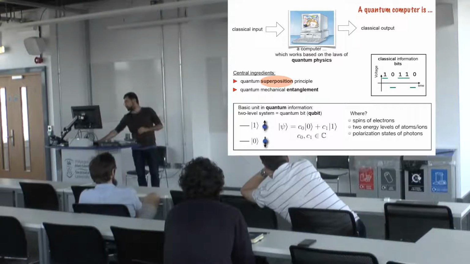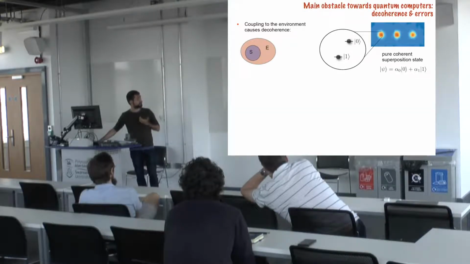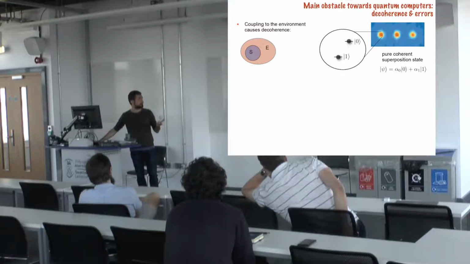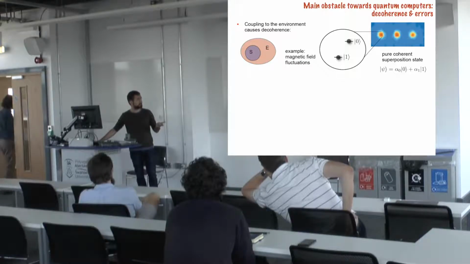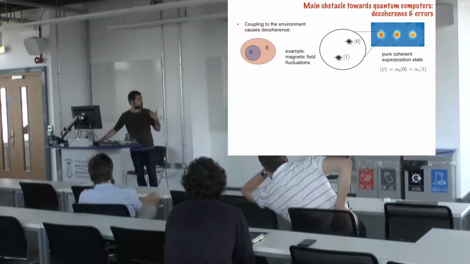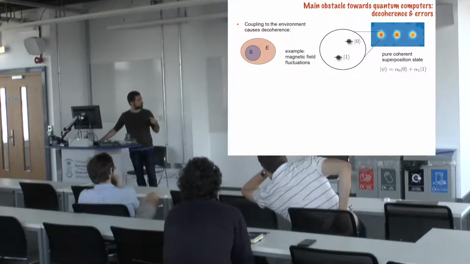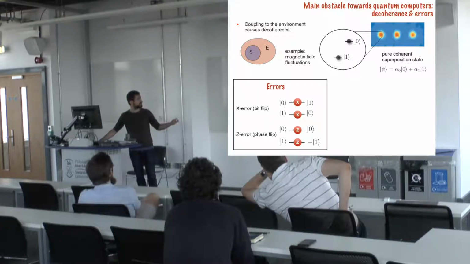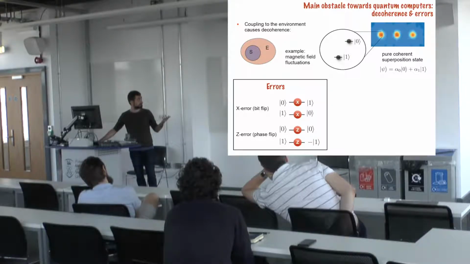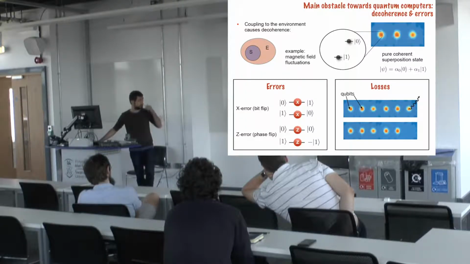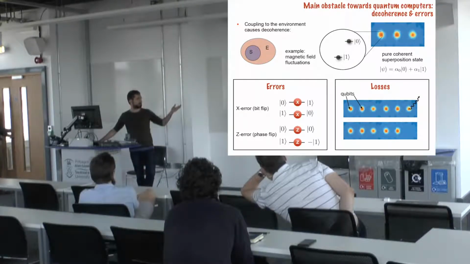polarization states of photons. But the problem is that in the lab, realizing a qubit is difficult because in general these systems are coupled to the environment. So magnetic field fluctuation or temperature fluctuation can destroy the state of the qubit. And let's say two are the biggest processes that lead to the erasure of a qubit. One is errors, that in general are bit flip or phase flip errors. The other kind of damage that can affect a qubit is losses. That's really when a qubit flies out of